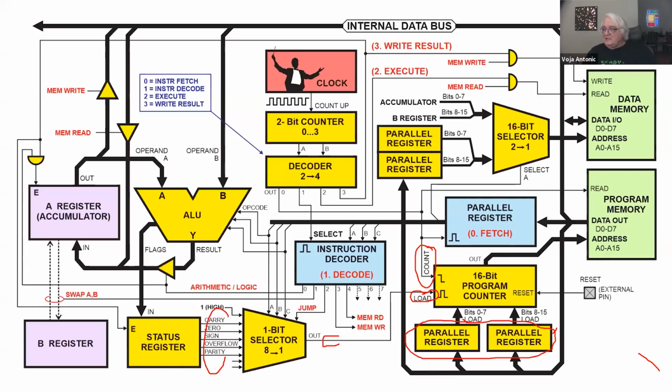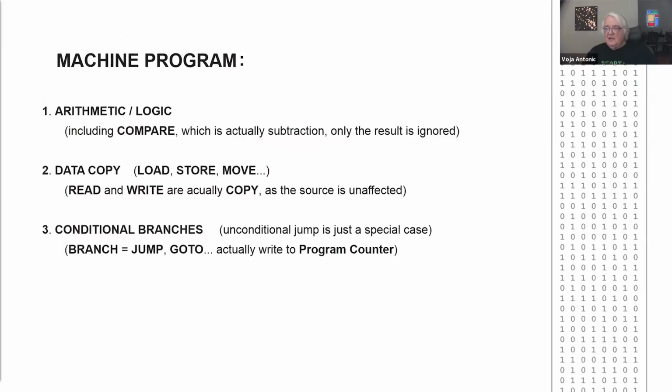Now it's the whole story about the microprocessor. If you see the structure of the machine program, you will see that it contains only arithmetic logic instructions, data copy instructions, and conditional branch instructions. And that's all. Unconditional jump is just a special case of a conditional branch. Combining these types of instructions,